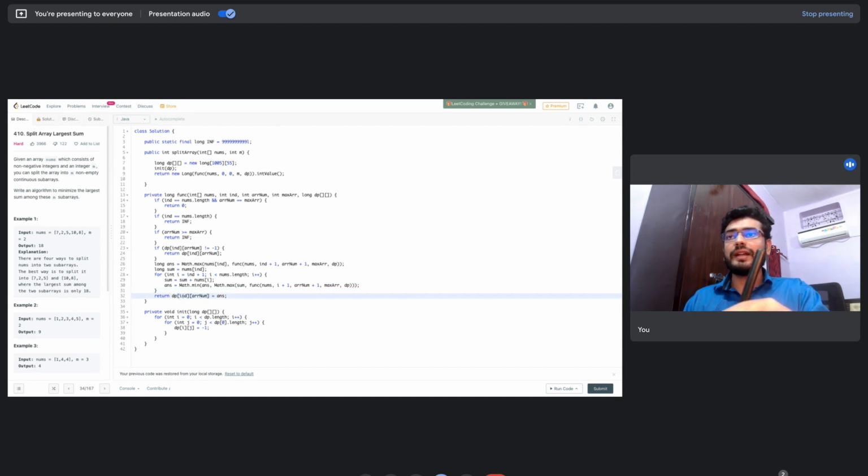Index could be as high as the total number of elements that we have in the array, multiplied by the number of subarrays that we can have, that is m. So n multiplied by m, multiplied by the one loop that we are doing inside, so it is n square into m. So this is our solution.